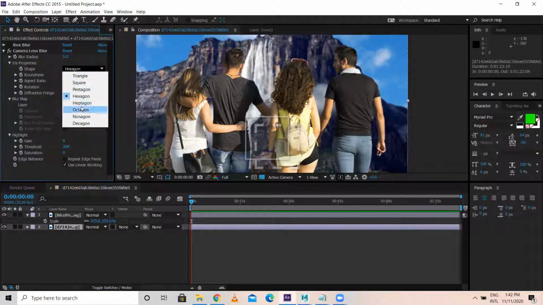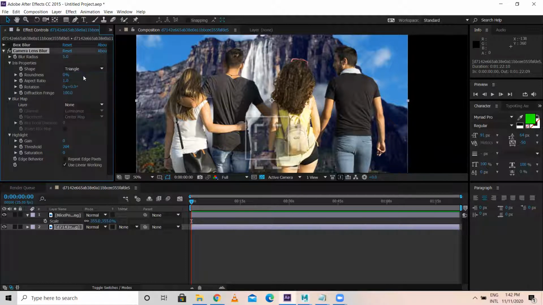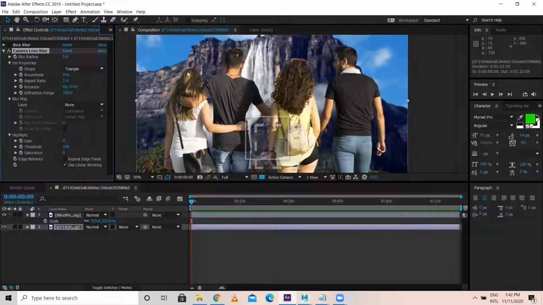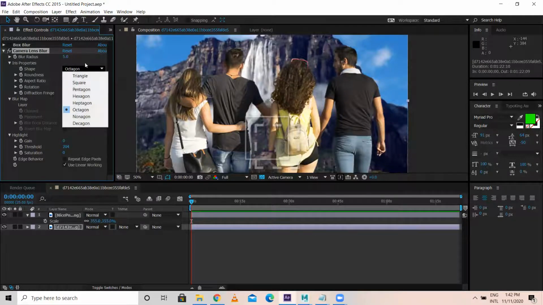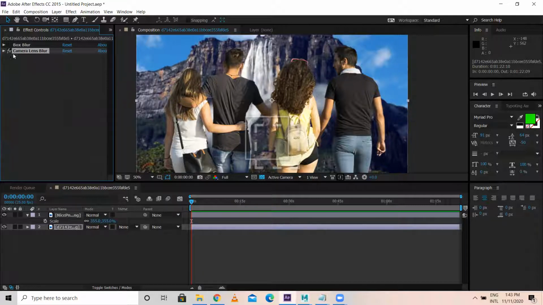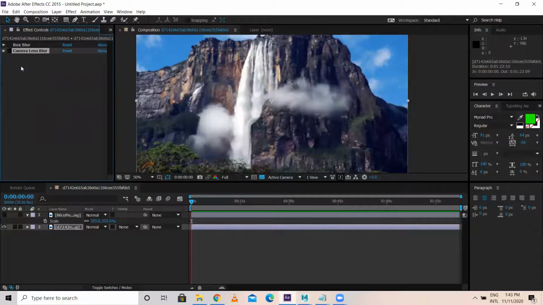Now in this there are options: heptagon, hexagon, triangle. There will be certain amount of blur. Means what are these shapes? Triangle, square, pentagon. So this affects individual pixels of these images. The blur definitions will change. So if I'm in square, the square blur is a bit more blur. If I'm in pentagon, it will be even more blur. Now let's say if I'm in octagon, more blur will be there. But now observe from octagon to triangle, automatically blur will reduce. See, it reduces. You have to try this, then only you'll get to know. So this is camera lens blur. Now I'll turn off this.